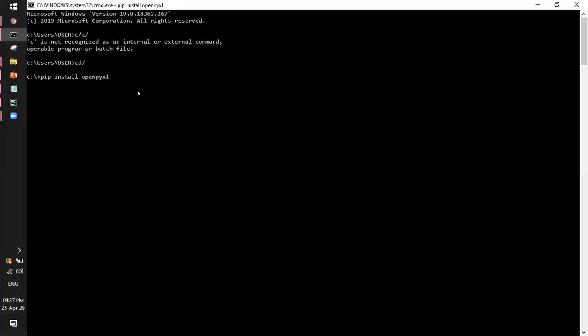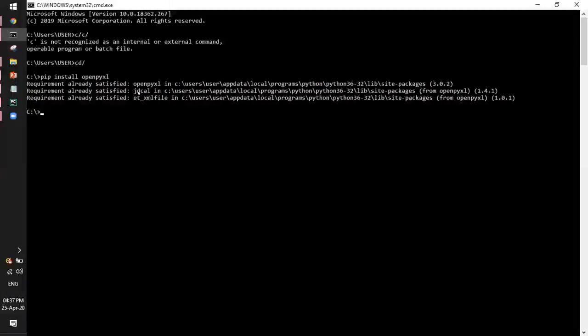The moment I hit enter, it will search for the package whose name I have provided, and try to download and install it. But it finds that the package is already present on my machine, so it is not downloading. This is another way you can get the required package installed yourself.